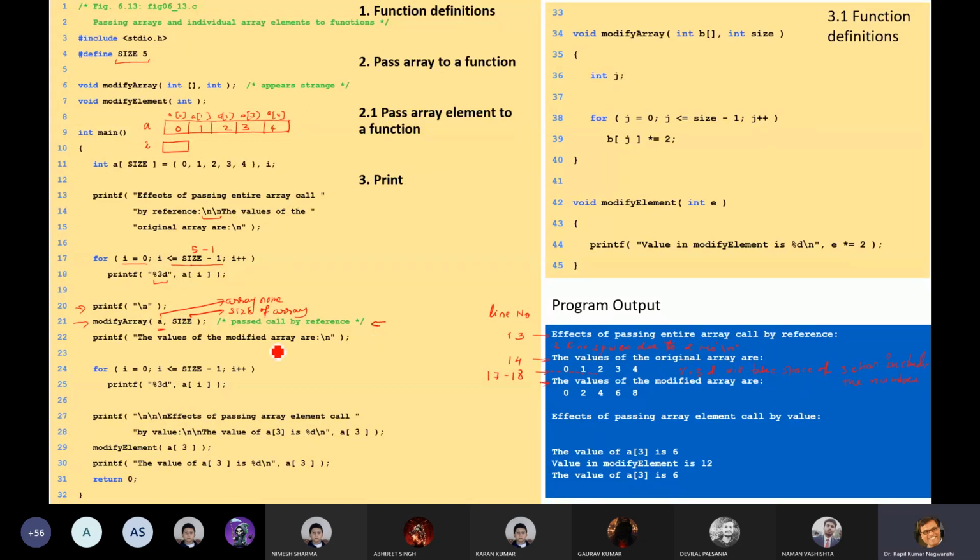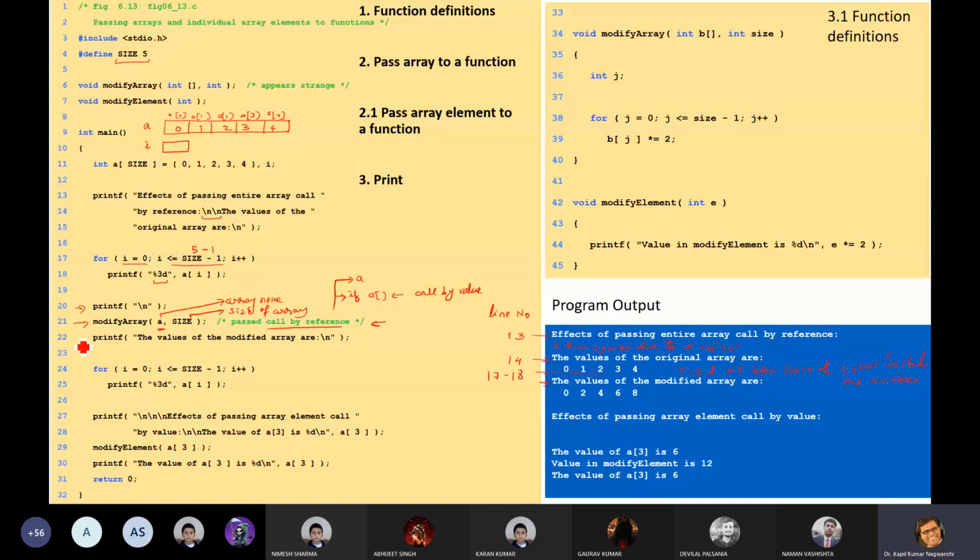Okay. And this is called by reference. Whenever this is used, this is known as call by reference. And if the value is passed, then this is call by value. Fine.